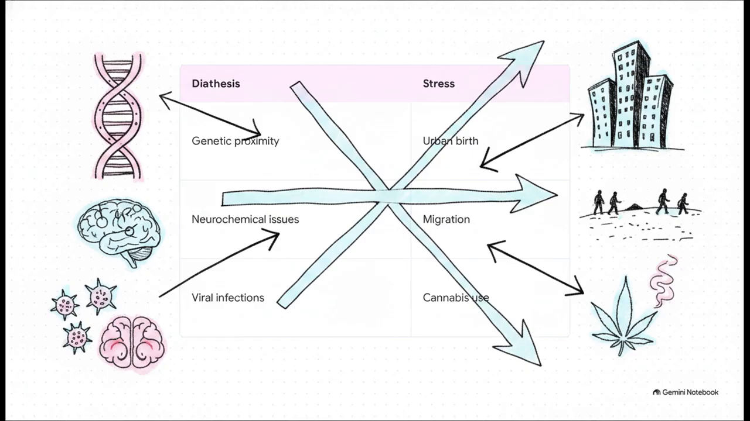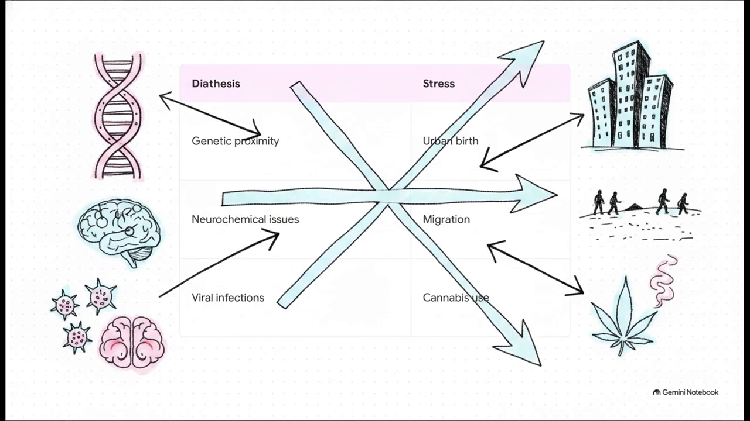Diathesis means a biological vulnerability, which includes the genetics we just mentioned, neurochemical imbalances, and neurodevelopmental issues such as prenatal viral infections, obstetric complications, or structural brain abnormalities like enlarged ventricles. The stress part, that's the psychosocial column. The disorder often activates when that biological vulnerability collides with environmental triggers, things like an urban upbringing, migration, adolescent cannabis